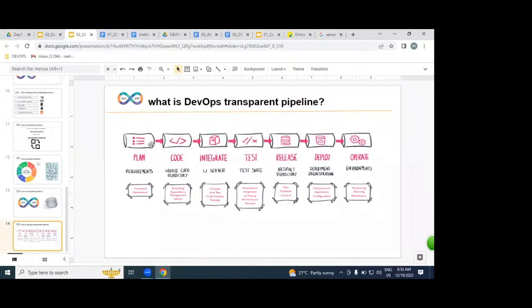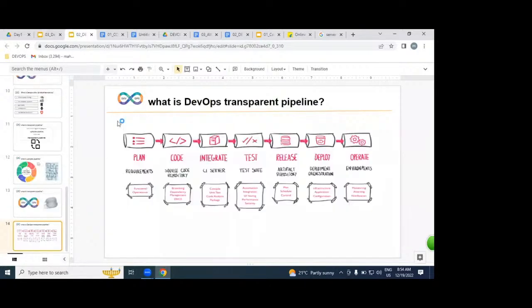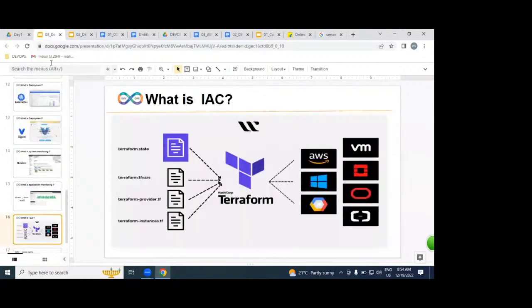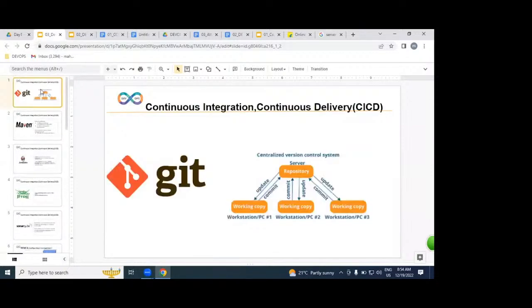How exactly do these tools fit into this diagram? Let us understand. Firstly, n number of developers write code. That code is maintained by the DevOps engineer, using which tool? Git. Git is a version control system.